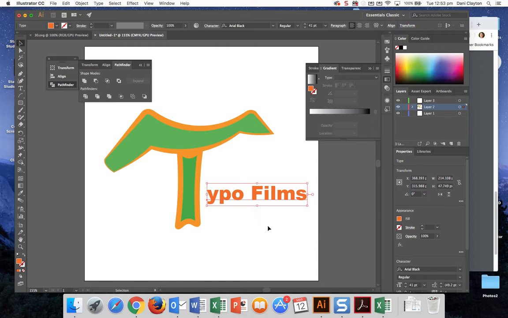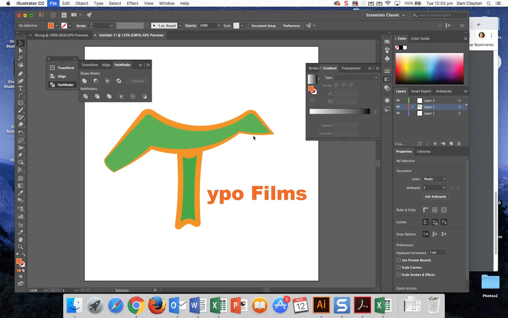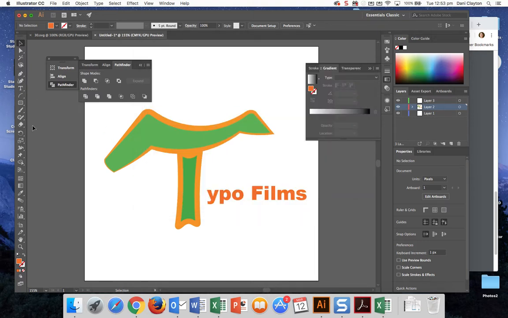font. So when I'm happy with it, then I basically go File, Save As, and I need to save it as an AI file, and I also need to save it as a PDF. Okay, so basically the key is to just experiment with all these different tools, see what works best. If there's anything in particular that you're struggling with that you want to create, let me know and we can